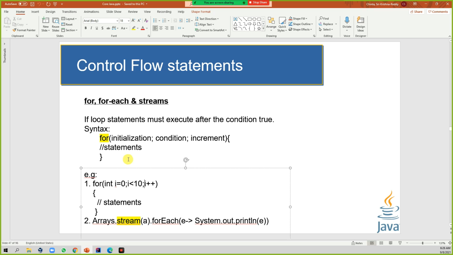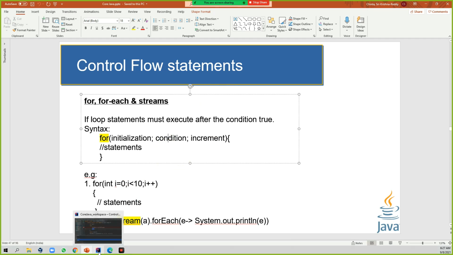So if you see the for scenario, the for also will be the same like while, but here the number of lines will be reducing compared with while. Here everything will be a single line, you can define it, then automatically the loop will take care of it based on your condition. Whatever condition you write here, till that condition is successful it will execute, and after that it gets terminated. That is the condition related.